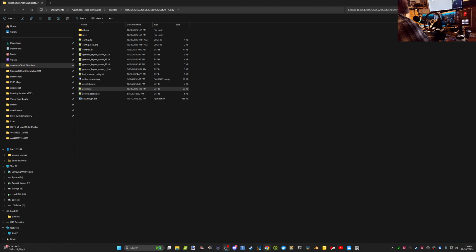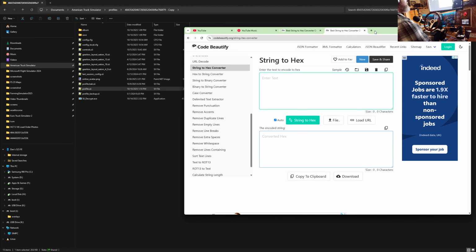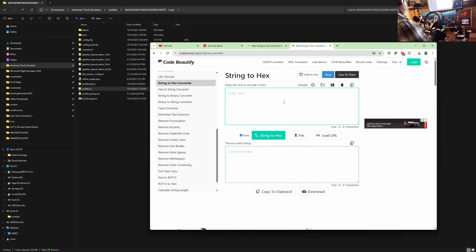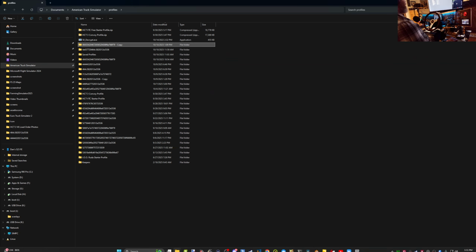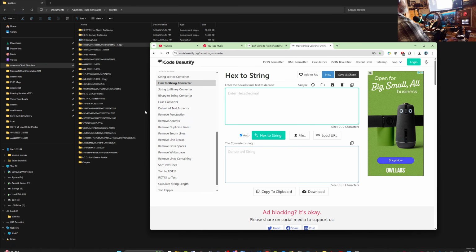And we're going to go to this here, which is, there's a link to this in the description of any of the videos where I'm talking about profiles. It's codebeautify.org string to hex converter, or search for string to hex. And the nice thing over here, they got this hex to string. And if you've got all these profiles and you're going through all these profiles and you want to know what they are, what I do is, I don't want to lose what I have copied on my,